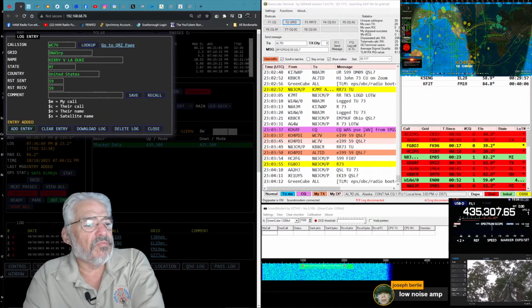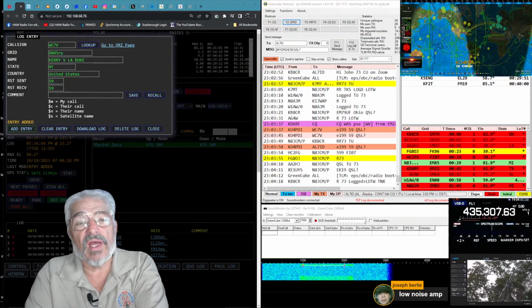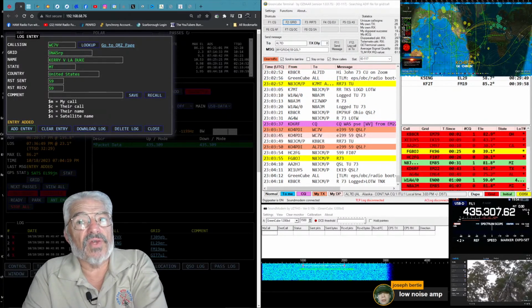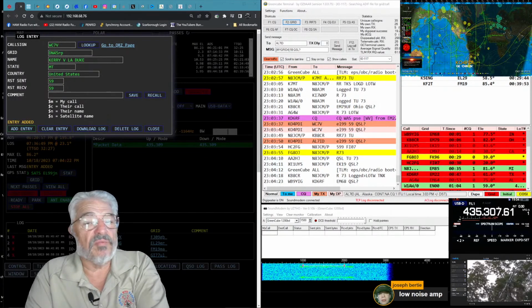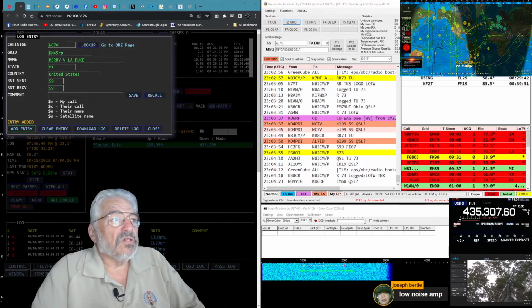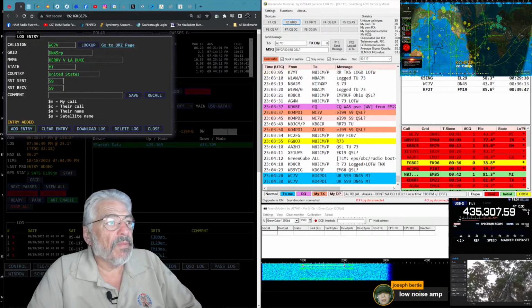I am not using an amp. I have a preamp on the line. A preamp will raise the volume of the signal. That is on. The preamp is on. So what's nice about the 9700 is,